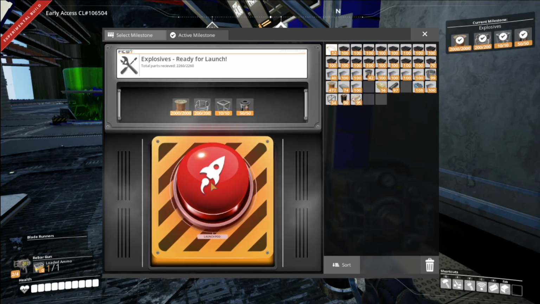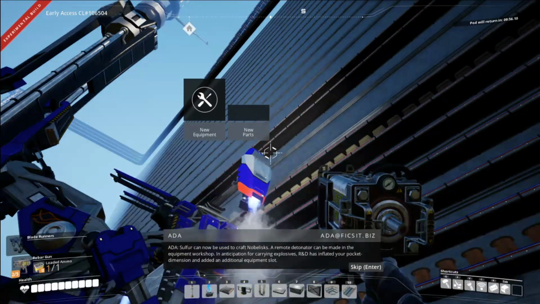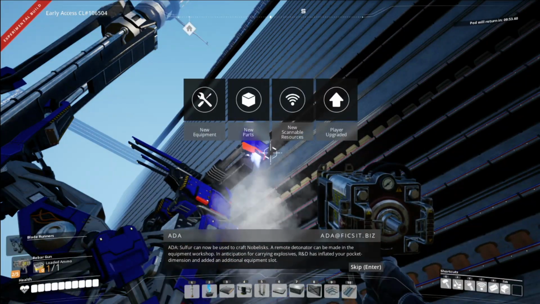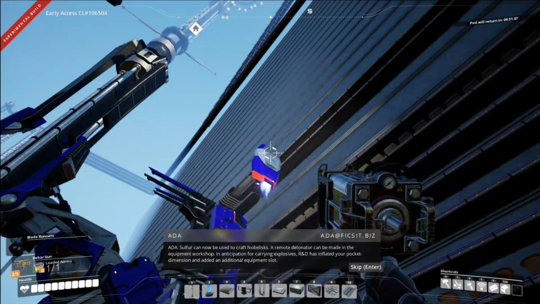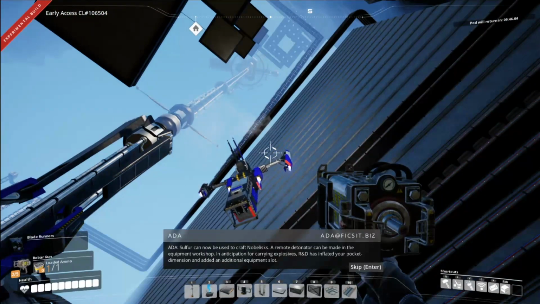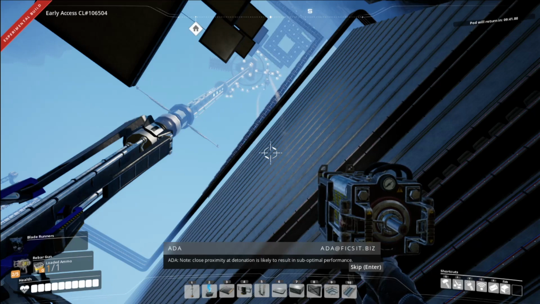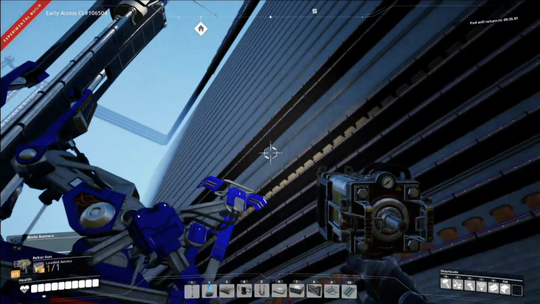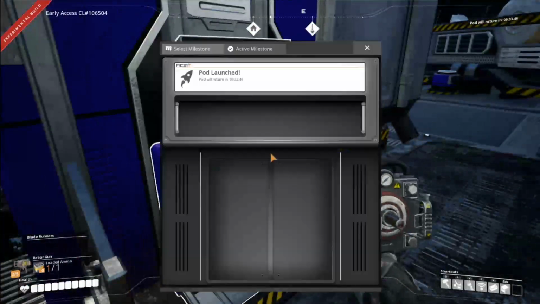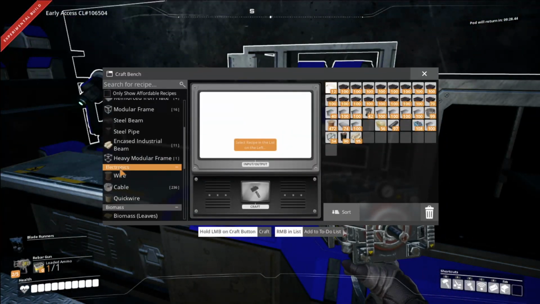And there we go. Now, I usually do these off camera, so I don't think we've actually looked at this taking off lately. R&D has inflated your pocket dimension and added an additional equipment slot. Note, close proximity at detonation is likely to result in suboptimal performance. Okay. I don't think that gives me anything new in there, but it does mean I can make some...